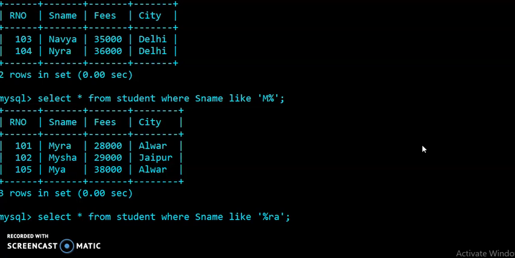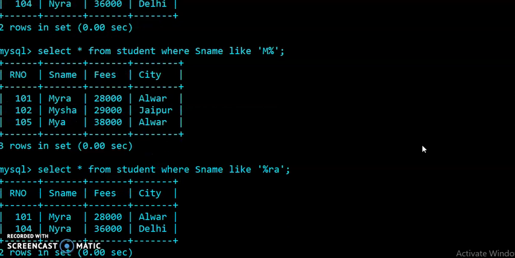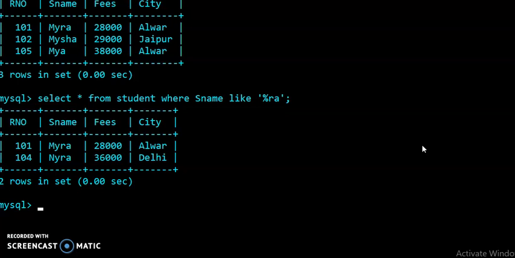Now I want the records of those students whose name ends with RA. You can see here two records in the output, Myra and Naira, because both names end with R and A.